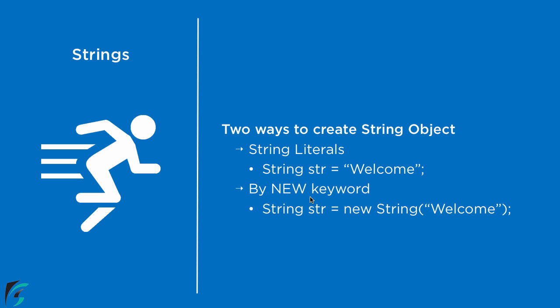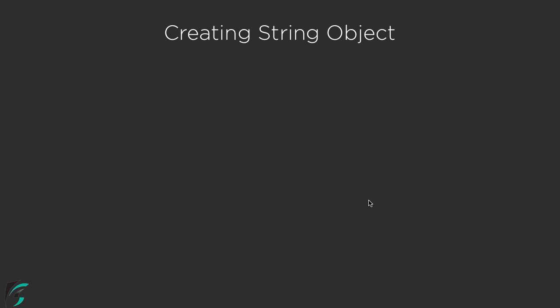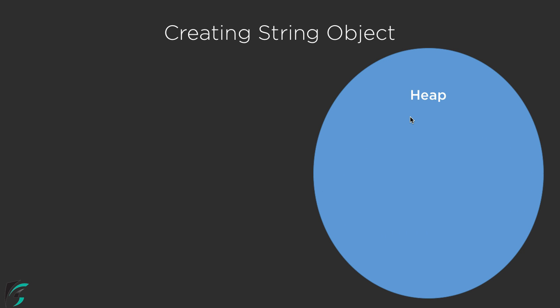Now what are the basic differences between these two? Let's check it out in this slide. Before coming to this, let us first understand a few concepts. In Java we have the heap memory. Whenever we run any application, there is some heap memory that contains all the Java objects inside it, be it the string object, or any box type object such as Integer, Float, or any other custom objects such as objects of the Employee or Student class. So inside the heap memory, we have all the Java objects that we are using inside our application.